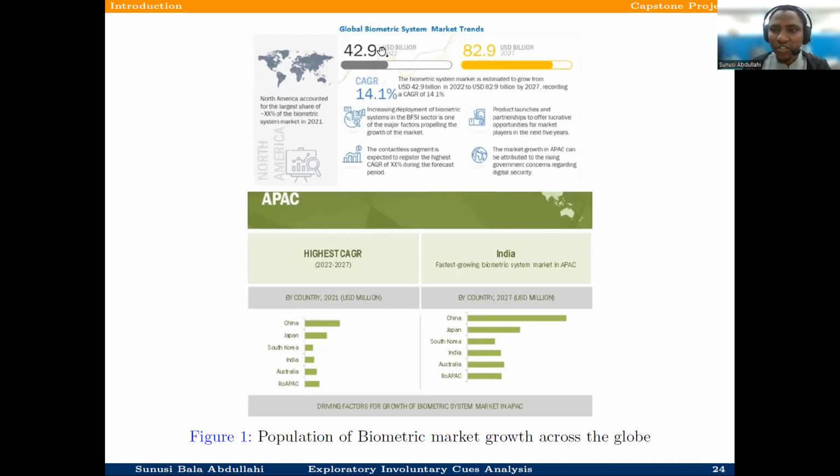So this is the projection from last year, 2022, and hopefully by this research, by 2027 the projection is going to hit this 82.9 USD billion. Then as well we can see the other regions. So this is what makes this title an active research area, and one that needs very urgent